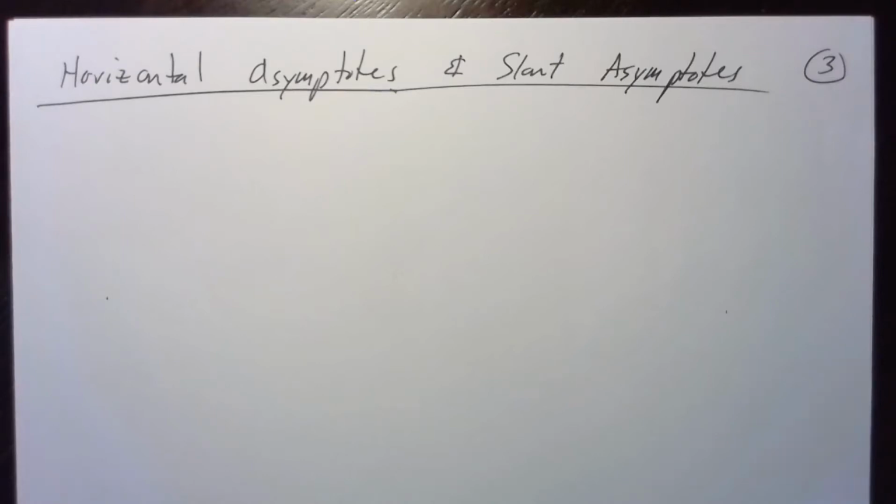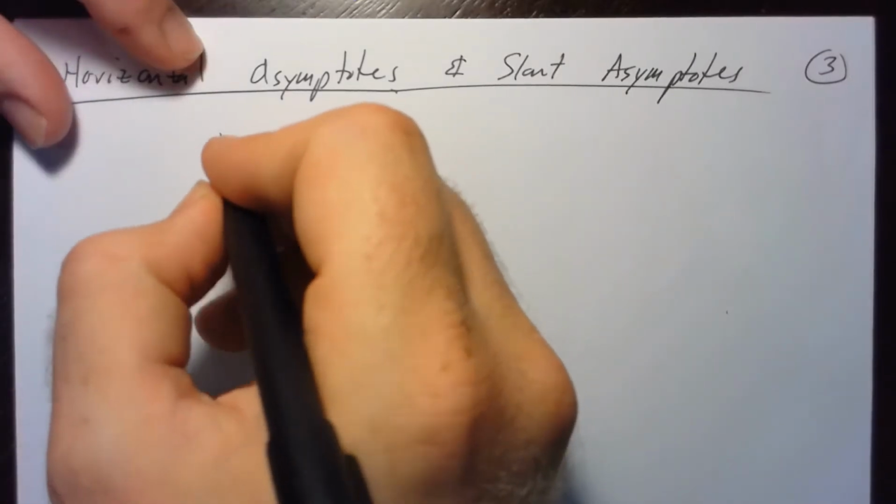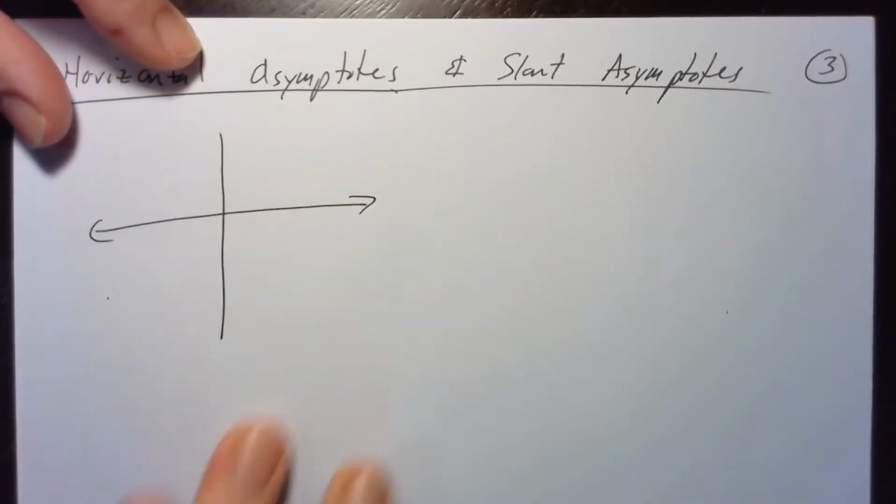In this video, we're going to define horizontal asymptotes as well as slant asymptotes. Please keep in mind that asymptotes are guiding functions or guiding lines to the function. What we want to do, again, just like we did with holes and vertical asymptotes, is be able to identify them without looking at a graph, but it's helpful for us to first graph a horizontal asymptote and a slant asymptote to better understand what they're supposed to look like, and then we'll be able to algebraically